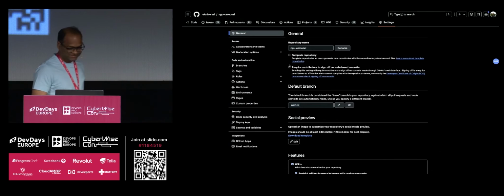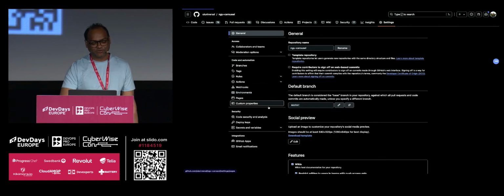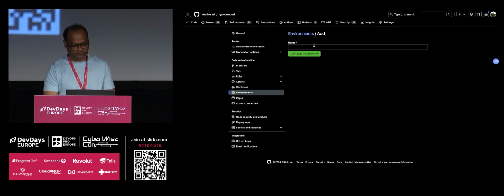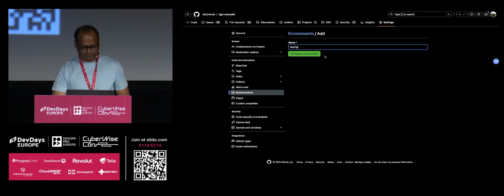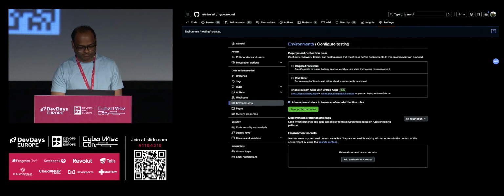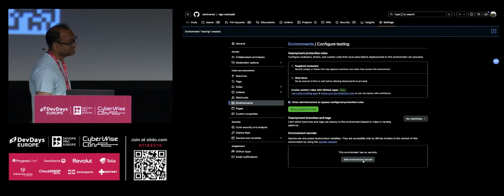Okay, it worked again. So you can go to your environments, and you can actually have a new environment and configure, let's say, a new environment for testing. And you can add your environment level secrets here.